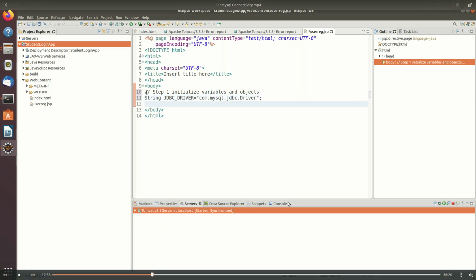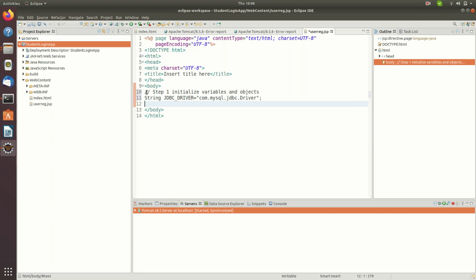Okay, now the next is the string database URL. So database URL is jdbc:mysql:// localhost.